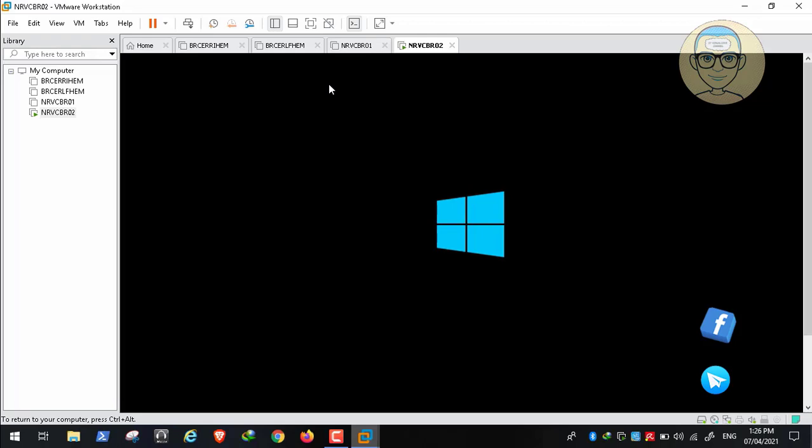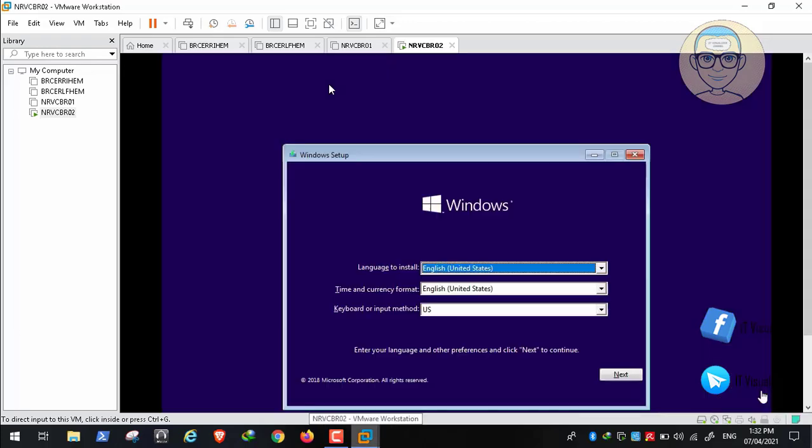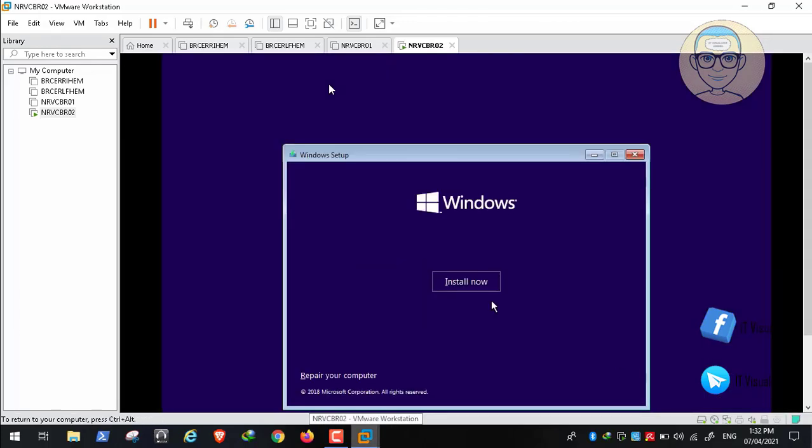We will have our hard disk partitioned, we will make two partitions, C and D. The C will be more than 150 gigabytes, as I had said before, it is best practice, and the other one you can put whatever you like, but here my hard disk is 100, so I will try to make it 90 gigabytes, and leave the rest for the D partition. So here we will tell it next, and then install,